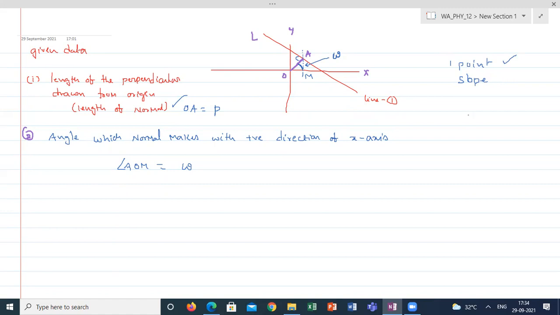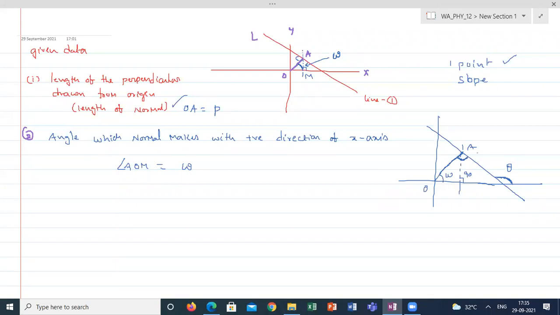So here the slope can be calculated very easily. How to calculate the slope here? This is the x-axis, this is vertical here. This is a line like this. I'm zooming in. This is my O, this is A, this is my perpendicular. And this is omega. And if I'm drawing a perpendicular here, this is 90 degrees. Then what is this angle? This is only the slope of the required line. Will you agree?